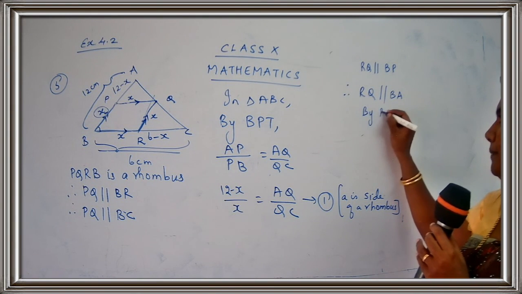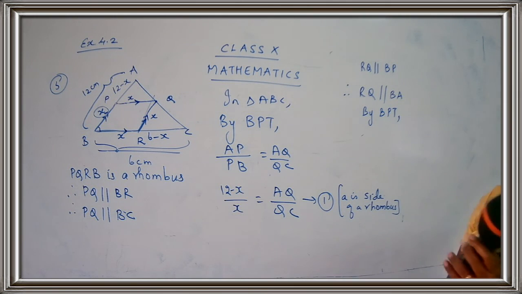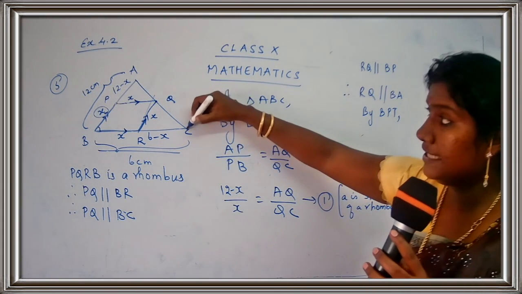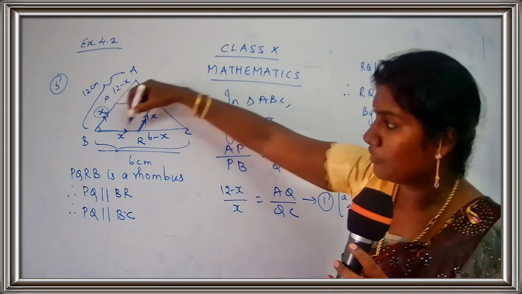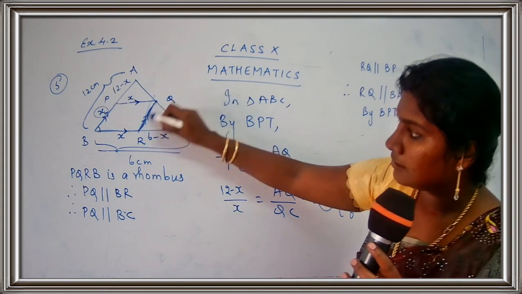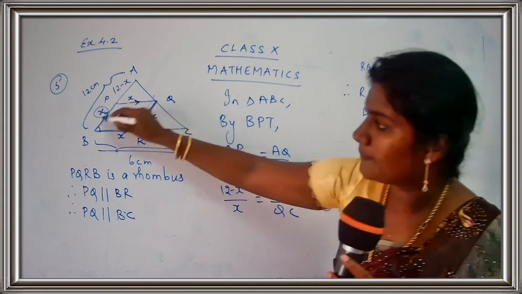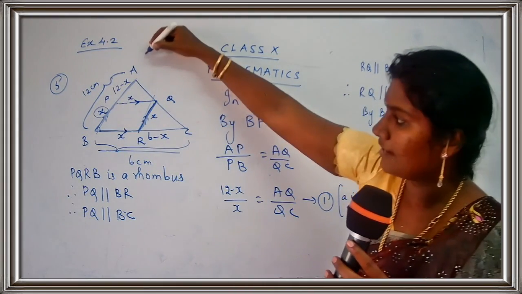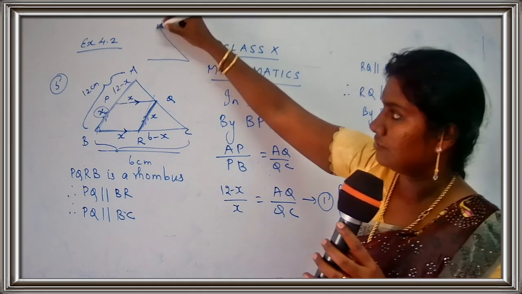So by BPT, I have told you we have to choose a proper vertex. You have to go for a proper angle over here. So CQ, I'm going to go in this way because I am going to consider this parallel line and this parallel line. Just see how the triangle is formed. The triangle looks somewhat like this. So this is the triangle.